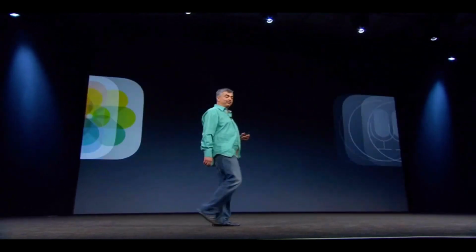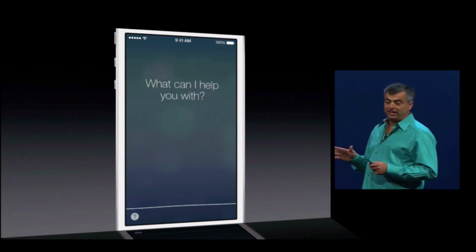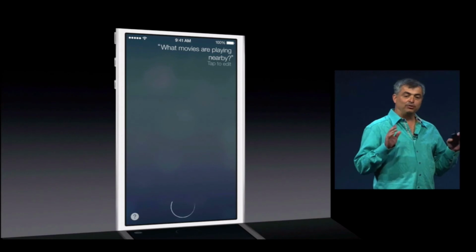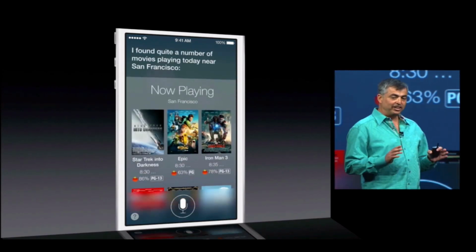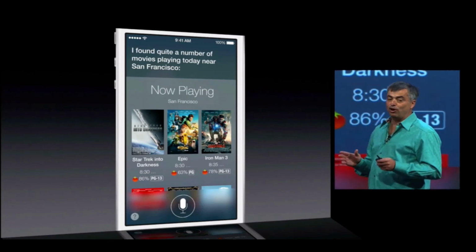So let's talk about Siri. The first thing is Siri has a gorgeous new interface. Now, as I speak, you'll see a sound wave across the bottom, and you get the results in a beautiful, gorgeous, clean way. But Siri has always been a lot about the voice of Siri, and we've got an all-new